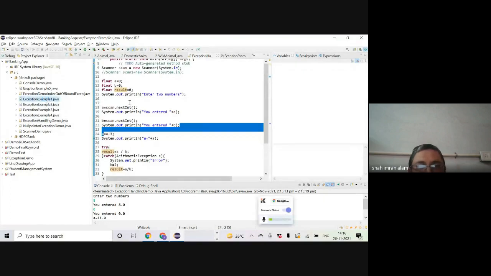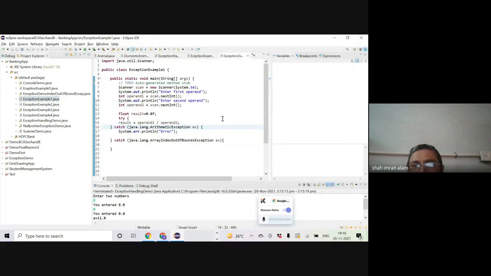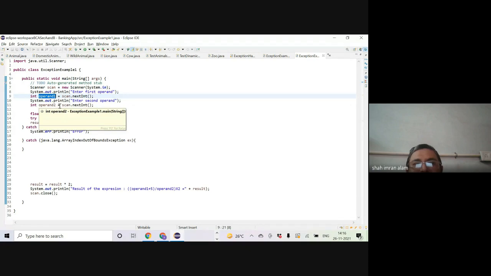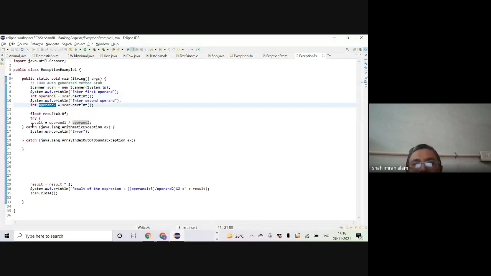There was one similar example, and you can see here also we have the scanner object. Instead of A, I am receiving the input from the keyboard in operand 1. Then the message for the second operand is printed, and I receive the integer input in operand 2. And then the same try block where result is equal to operand 1 slash operand 2, the same operation, right?